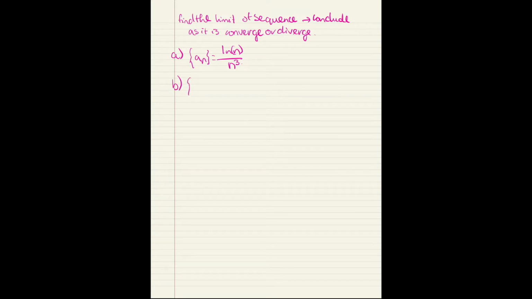B, sequence b_n equal to ln of n plus 1 times n. C, sequence c_n equal to n squared minus 1 over n squared plus 1 times n squared minus 1. Okay,